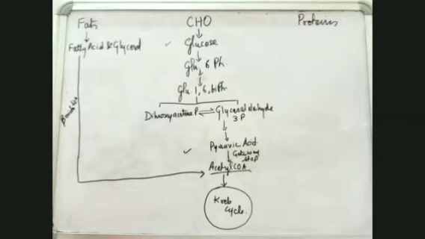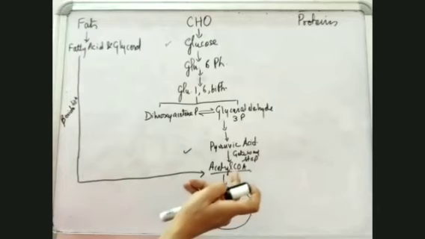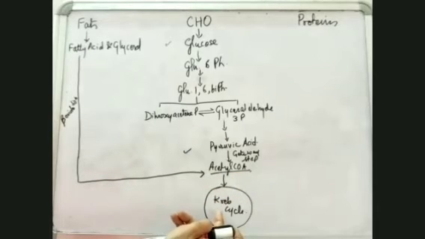These fatty acids undergo beta oxidation, and as a result of beta oxidation, they get transformed into acetyl coenzyme A, and this acetyl coenzyme A then enters the Krebs cycle, and so much energy is produced. See, here as a result of oxidation, NADH2 here, and then the Krebs cycle. So this much energy is produced as a result of fatty acid oxidation.